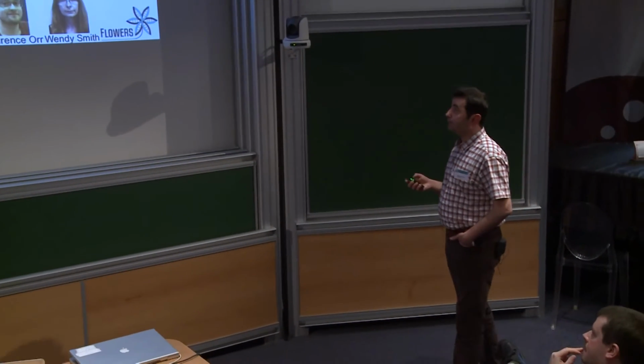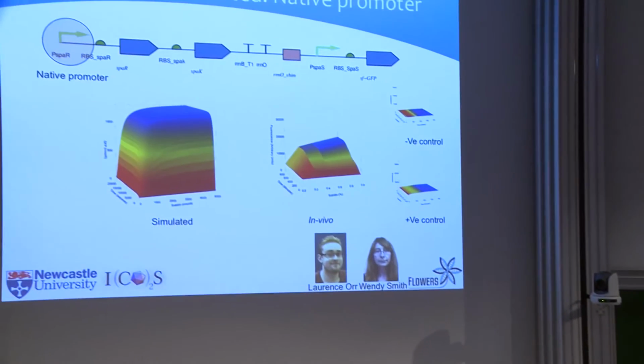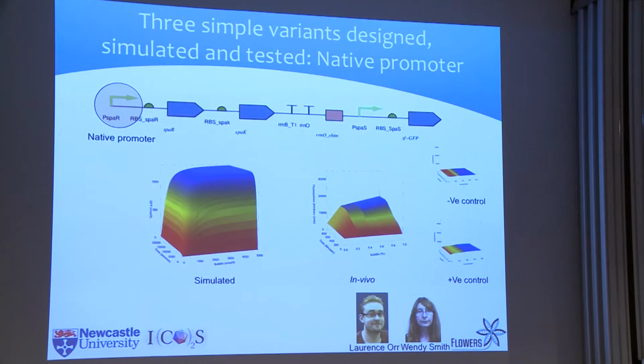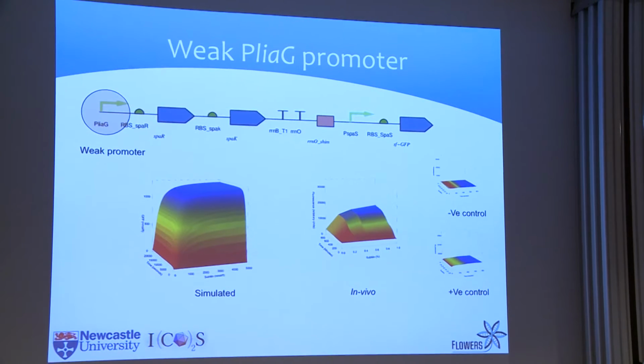We then implemented 3 variants of the two-component system I was showing you earlier. That's the native version. So this promoter is inducible by the phosphorylated version of the SPA-R. This is the simulation result, and that's the fluorescence measurement data. It somehow correlates. In the second one, we changed the first promoter with a constitutive weak promoter, and the results were very similar again, both simulation and